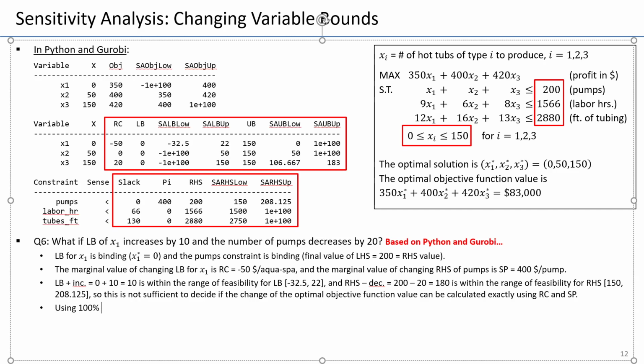So using the 100% rule for the values that we updated, the right-hand side, lower bound, and upper bound, we can calculate the total percentage change in relation to the allowable increase or decrease. So we have first an increase by 10. So we have to take this increase, divide it by the allowable increase,